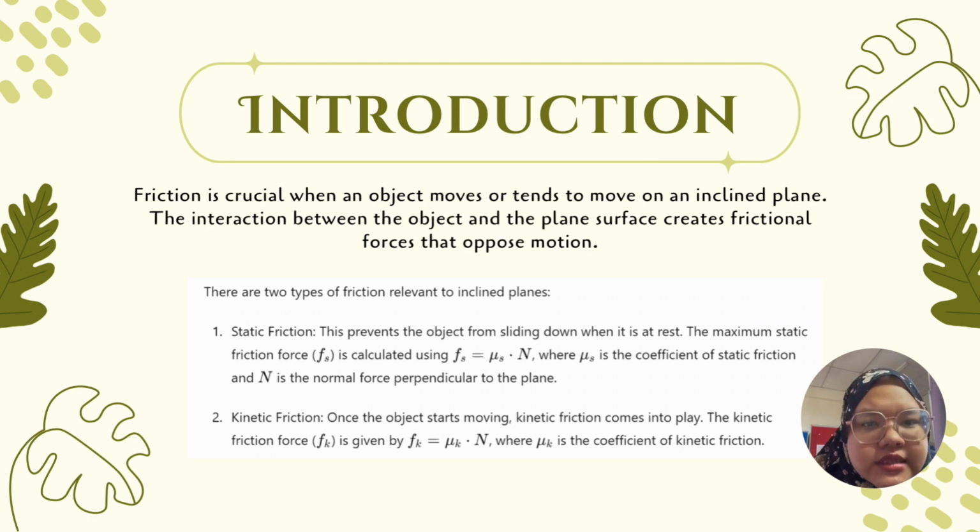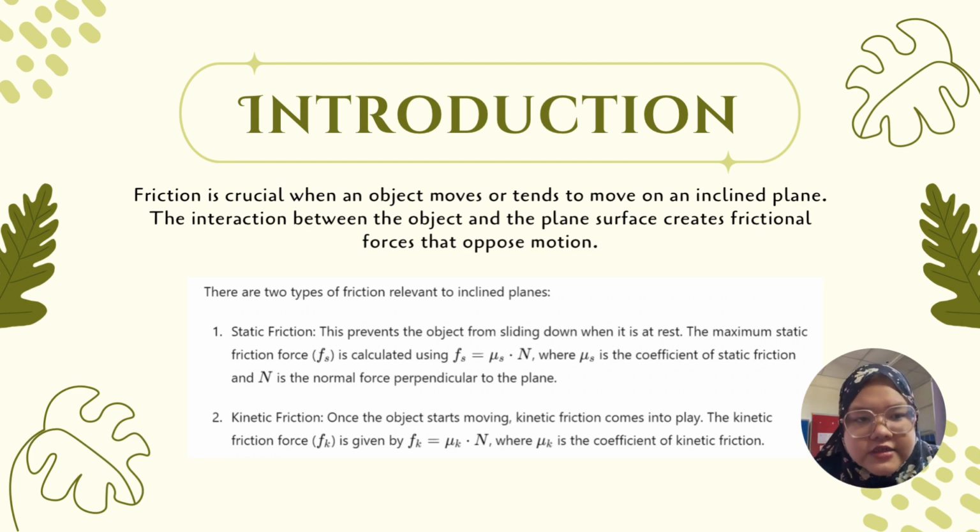The maximum static friction force Fs is calculated using the formula Fs equal to μs N, where μs is the coefficient of static friction and N is the normal force perpendicular to the plane. Once the object starts moving, kinetic friction comes into play. The kinetic friction force Fk is given by Fk equal to μk N, where μk is the coefficient